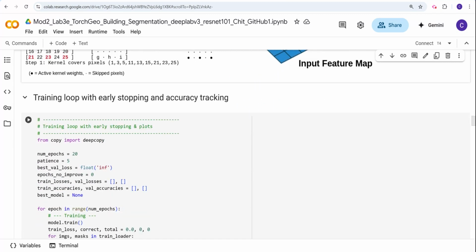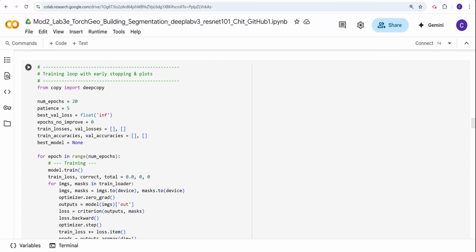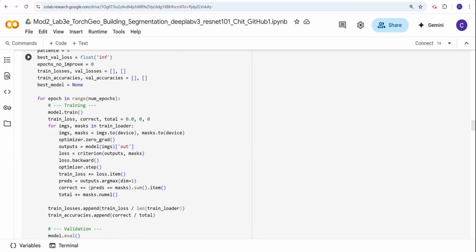Right. So what we do next is we are going to set up our training loop, and here we are going to do that with early stopping, and we're also going to track the accuracy. So as usual, we define the number of epochs. So here it's at 20, and then the patience 5, and then we are going to set the training loss and validation loss, and then the training accuracy and the validation accuracy, and then we're also going to go with the